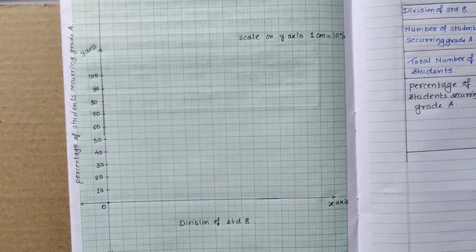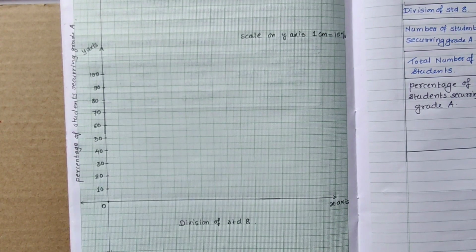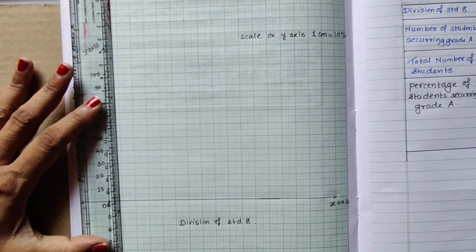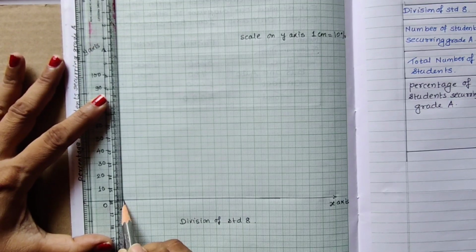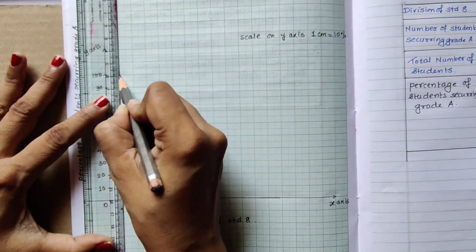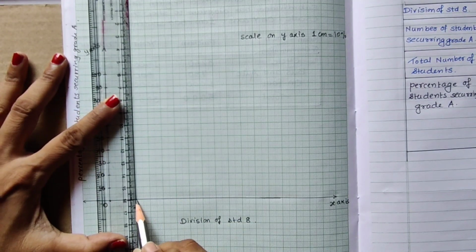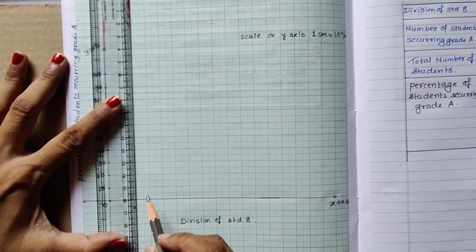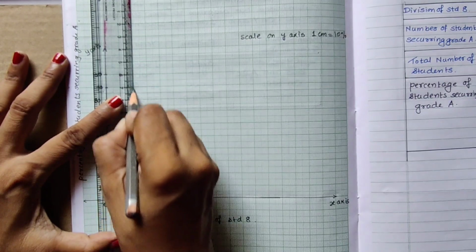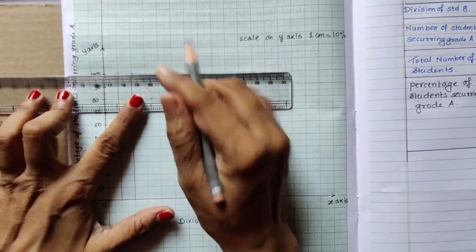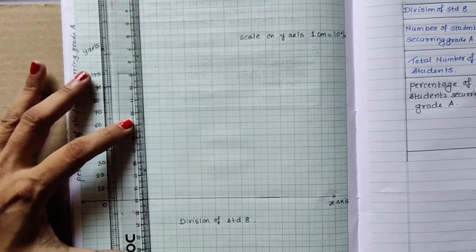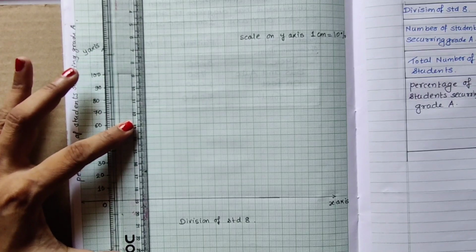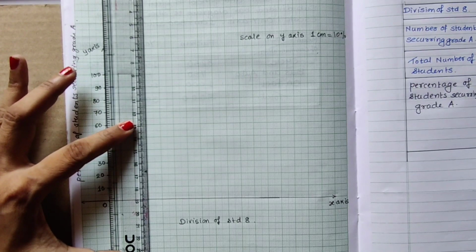Now start drawing the bars of 100. So let us draw the bars of 100 now. Till 100 all 4 bars we will be drawing for division A, B, C, D. Keep the distance equal between 2 bars. Okay, distance should not be changed. So this is my first bar of 100. Now second bar I will be drawing again of 100. In this way I will be drawing all 4 bars.